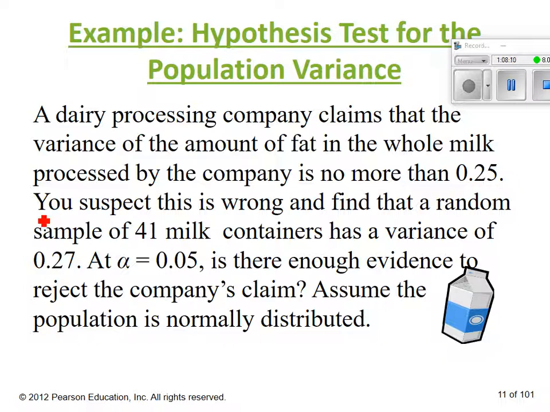Then we make our decision off of that. 43.2 looks like it's going to fall somewhere about in there. So do we reject or fail to reject? Fail to reject the null. Once we fail to reject, you're going back to this chart every time. I gave you this chart last time. The claim was the null, and we fail to reject it. So what we say is, with a 5% level of significance, there is not enough evidence to reject the claim